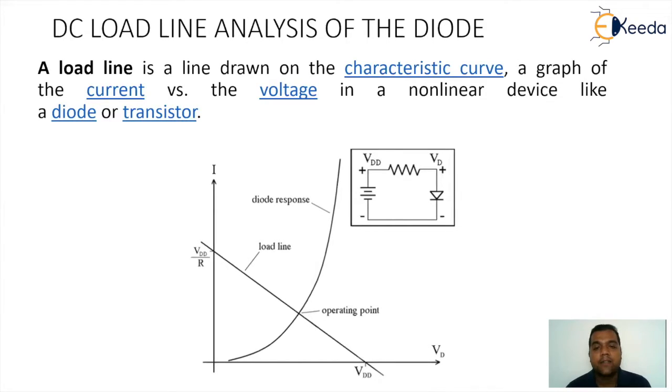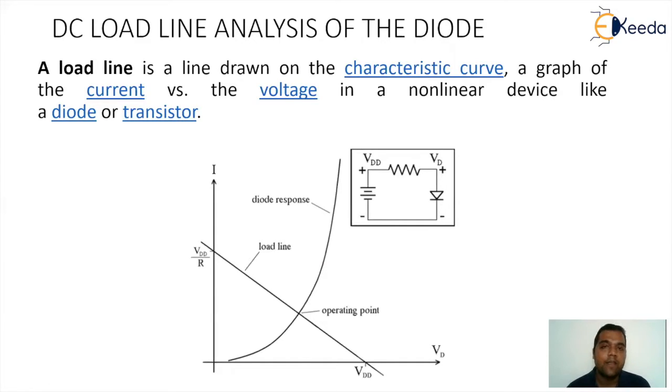So now, what is the significance of the load line characteristics of the diode? When you see the characteristics of the diode, that is basically the operating characteristics of the diode. We are aware that a silicon diode starts conducting after 0.7 volts, and a germanium diode starts conducting after 0.3 volts. When we draw the load line on the same graph, you will get an intersecting point. The intersecting point corresponds to the operating point of the diode. This is the significance of the DC load line analysis of the diode, where we can get the operating point. The load line will intersect with the characteristics of the diode.